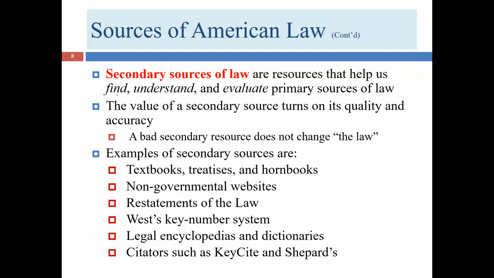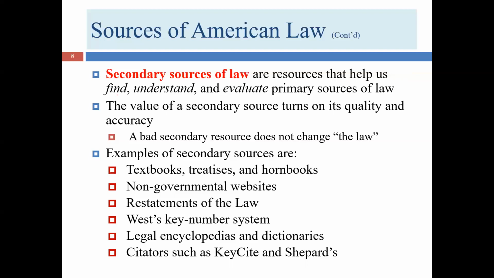Unlike primary sources, those secondary sources are not inherently important. I mean, a statute is important whether you agree with it or not, because you have to comply with it or face the consequences of not complying. But secondary sources can be bad or outdated, and they can misdescribe or mischaracterize the law. Or maybe they're referring to an earlier iteration of law that isn't even in effect at this point in time.